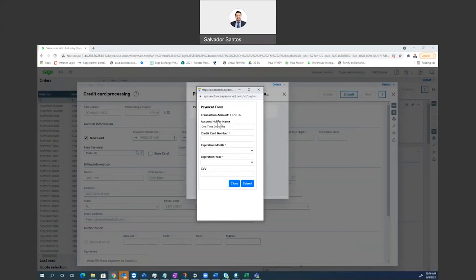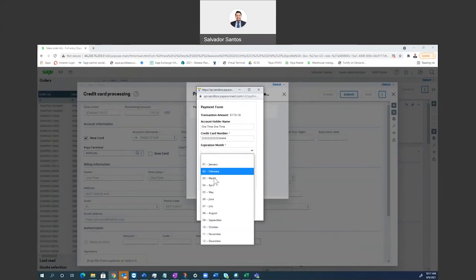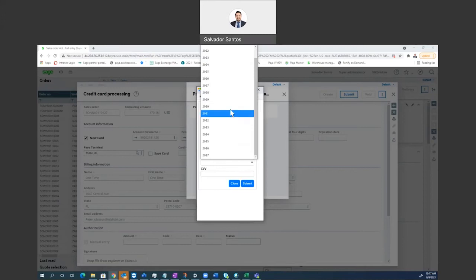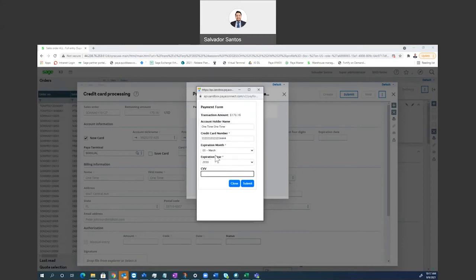Here we go. Now that you have that on here, you can actually do a one-time payment. You put the card number in. For this one, we'll use a test card. Then enter an expiration month. It can be any expiration month as long as it's ahead of everything else. Hit submit,